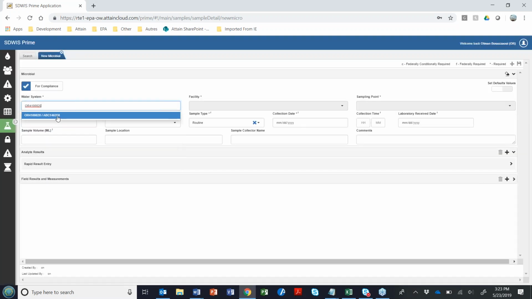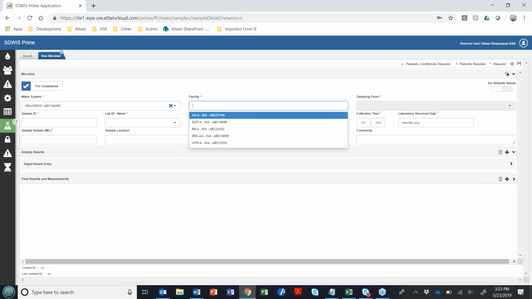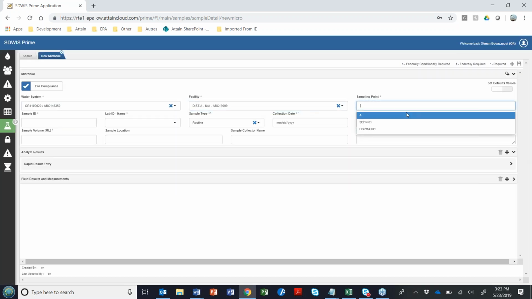Again, we're going to enter 3 repeat samples here at the distribution system. Let's go ahead and pick a sample ID that is going to make sense. So this is the water system number 1, covering scenario number 2. It's a repeat sample, so I'm going to give it this ID here for now.